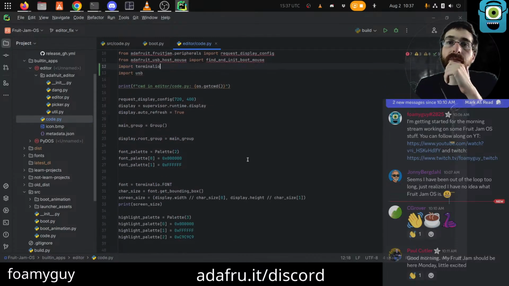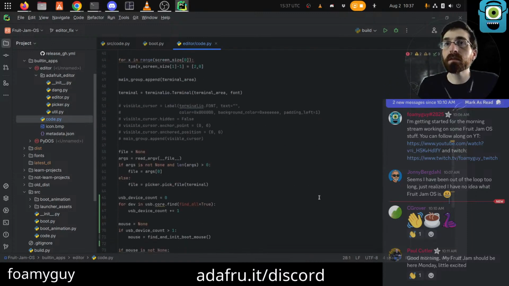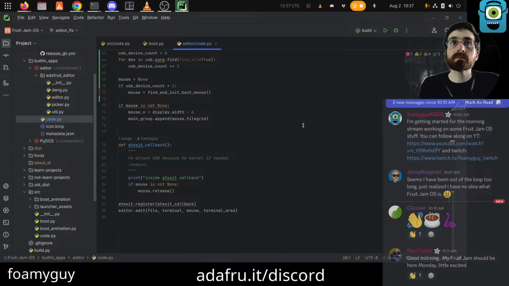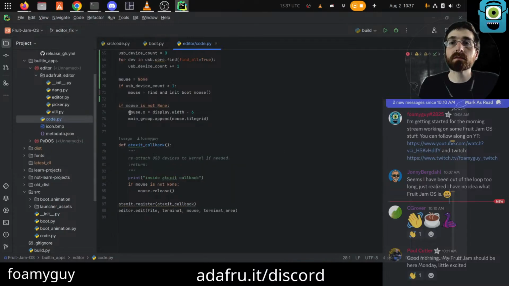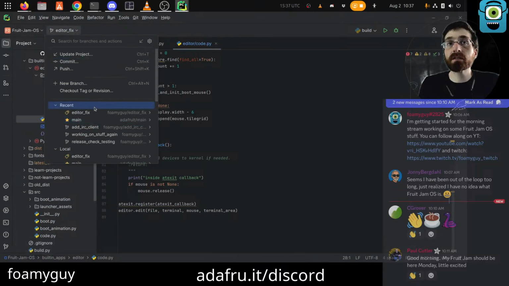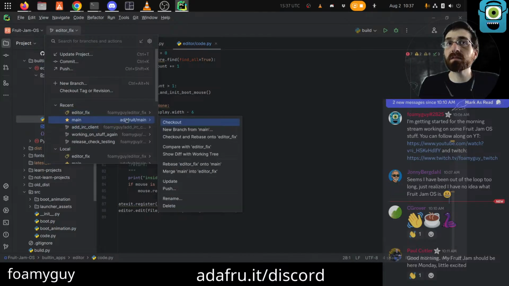Let this run pre-commit, ruff on the code. Technically, we are doing another editor fix. There you go, a mouse hole. Let's make a new one.